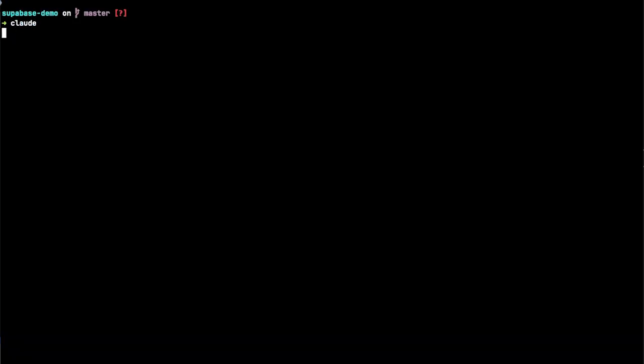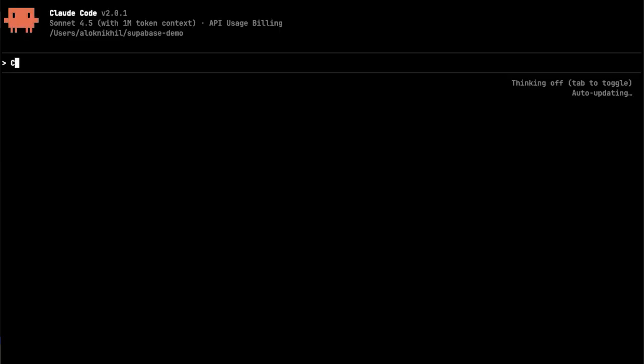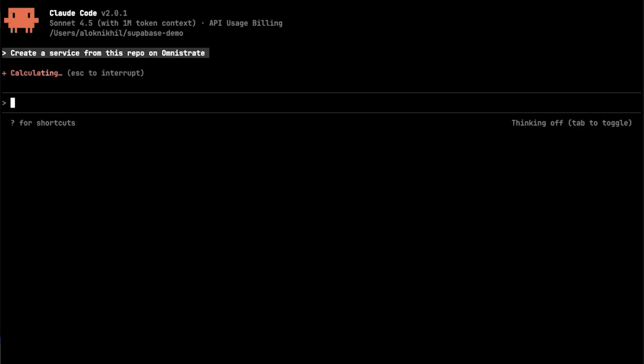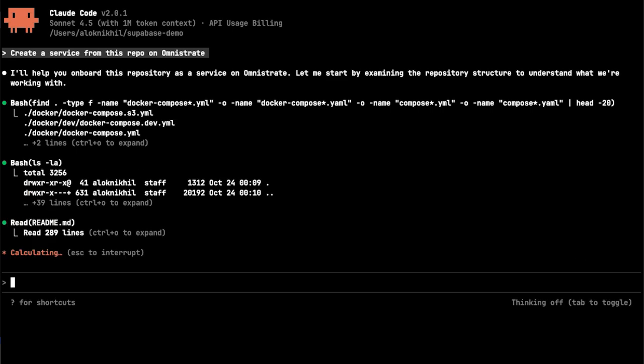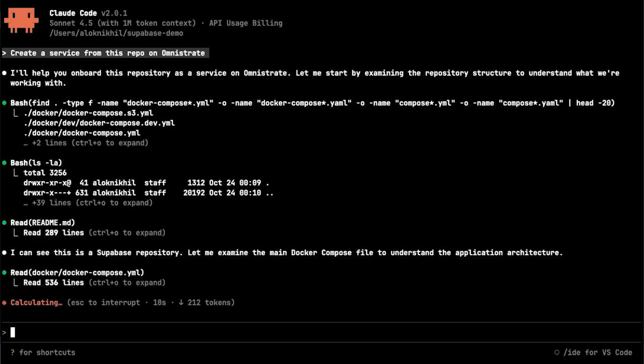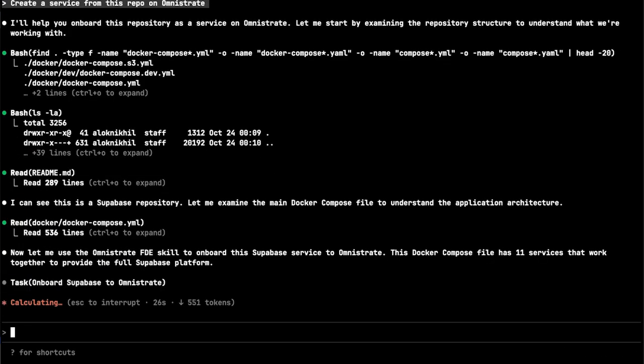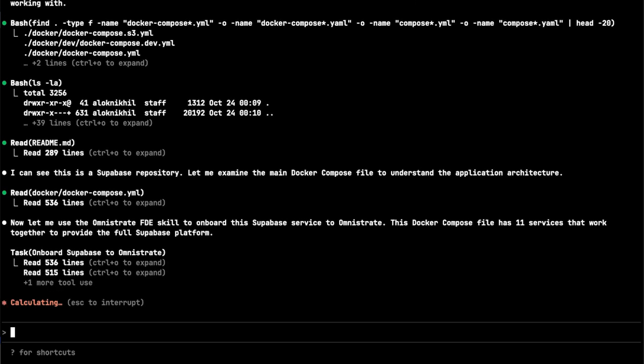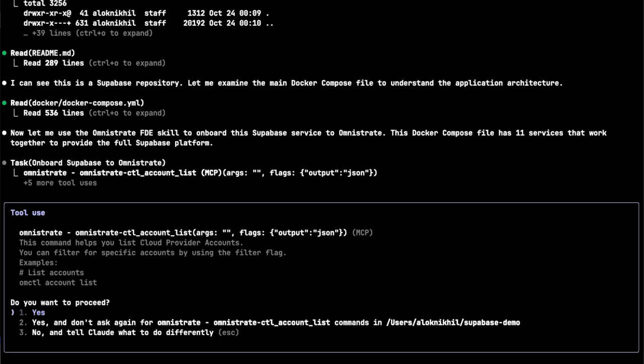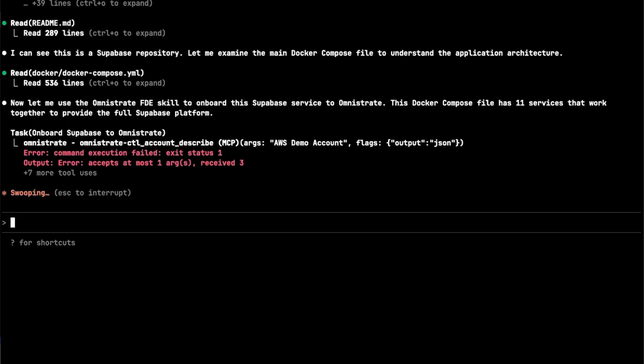After setting up Omnistrate MCP server to work with Claude Code, we'll switch to the Claude Code interface, navigate to the Supabase repository, and ask Claude to build a PaaS offering. Claude begins by scanning the Supabase repository to understand its structure and detects Docker Compose file. Claude then analyzes the Compose file, and then it uses Omnistrate's FD skill to automatically onboard Supabase as a PaaS